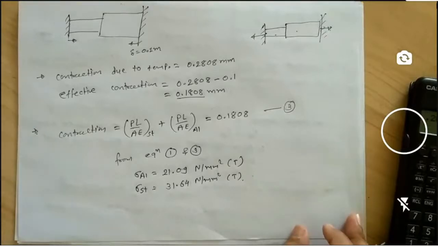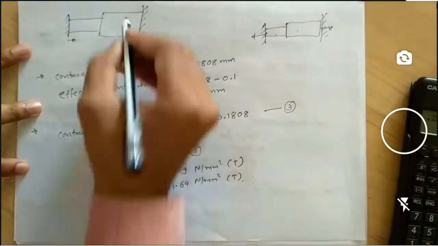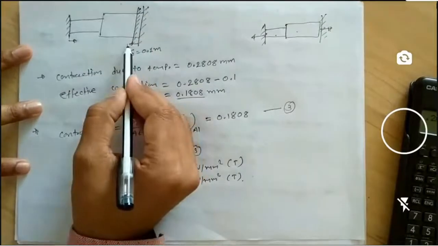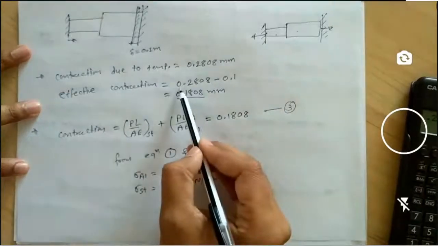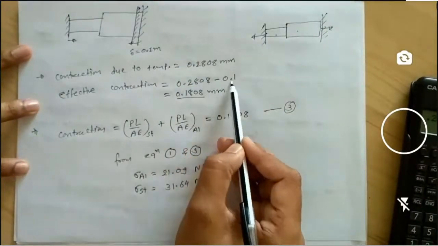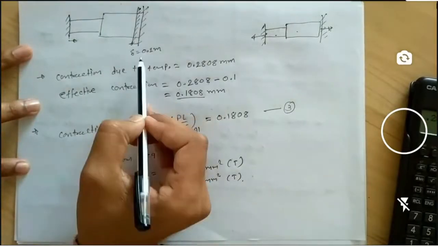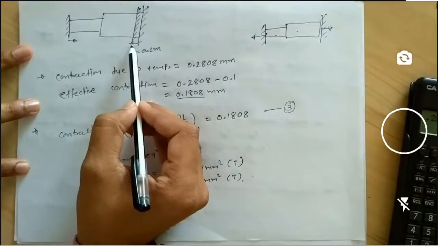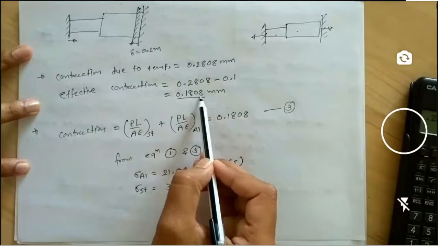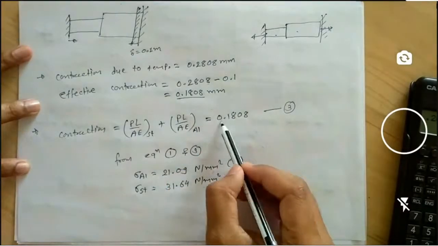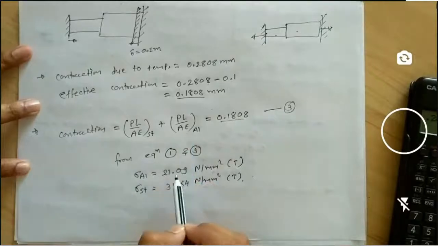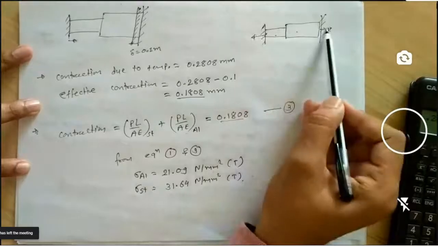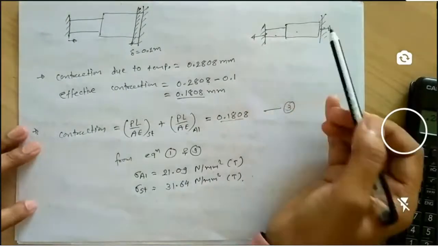Do you understand the second case? Initially the supports are in these conditions, but they have moved this way, 0.1 mm near to each other. So out of this 0.28 mm contraction, 0.1 mm is moved by the supports. So this 0.1 mm contraction cannot produce any stresses; it is freely allowed. The remaining 0.18 mm produces the stresses. So according to 0.18 mm, you have to find the stresses, and these stresses are produced by the pull force of the support on this element.